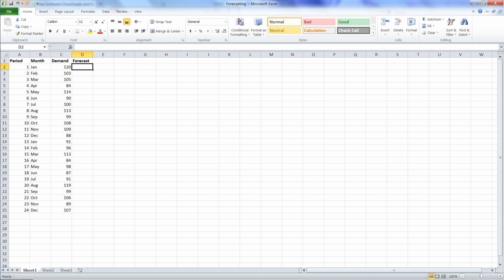One is the period, which I just numbered 1 through 24. We'll have 24 periods of demand data, and we will create 23 forecasts. The first one we cannot forecast because we don't have any past data. The second column I set up is month, just to number it and to make some sense out of what these numbers mean. And the third one is demand,